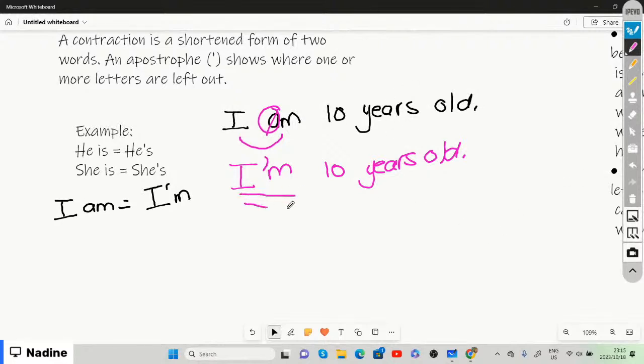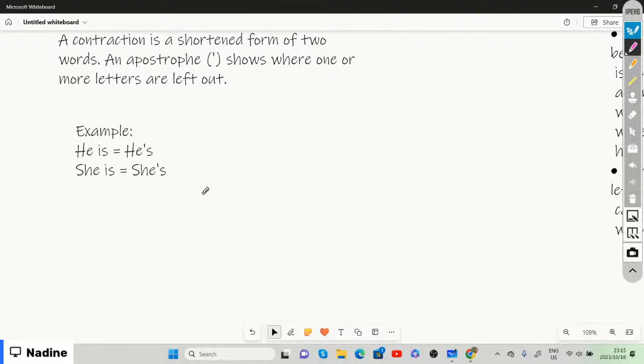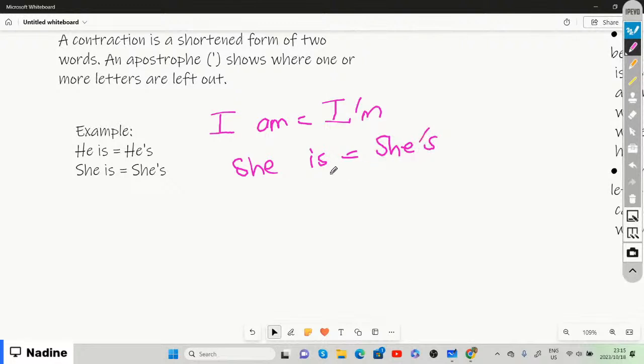And this we call contractions, right? Instead of saying I am, we say I'm. Instead of saying she is, we say she's. Instead of saying he is, we say he's. Right? But now, if you look at this word,